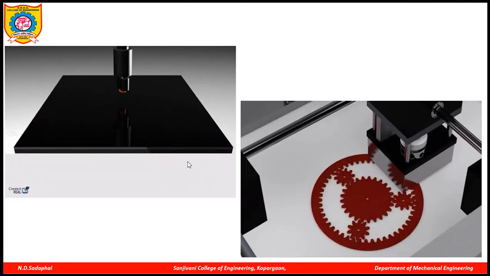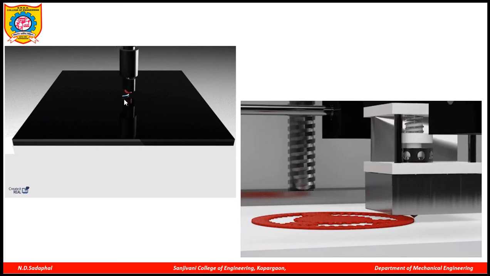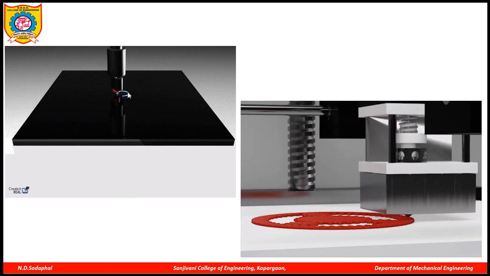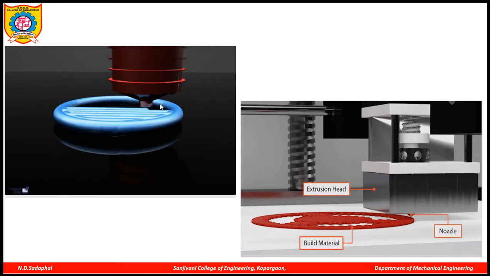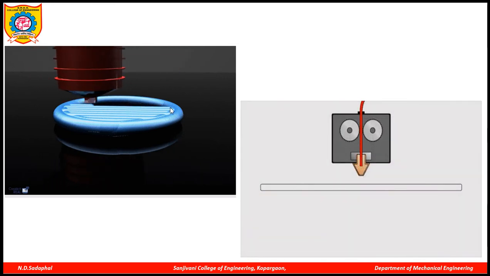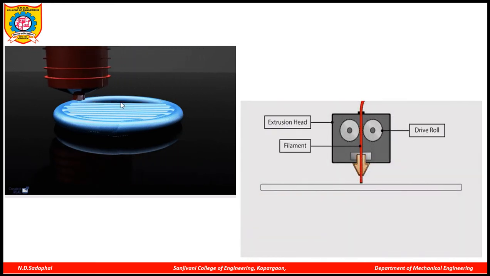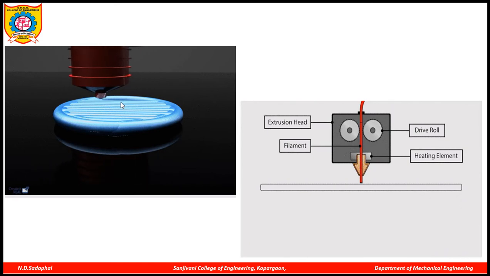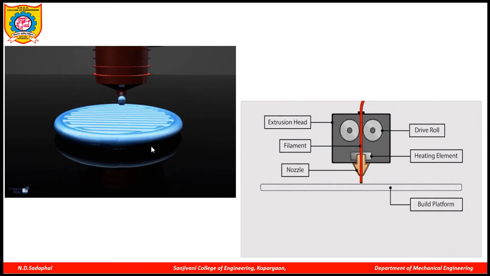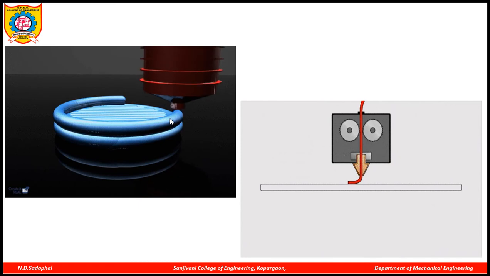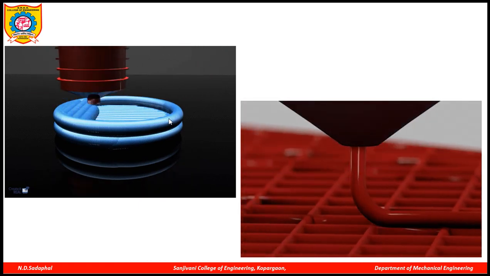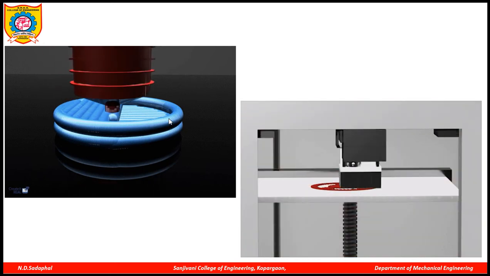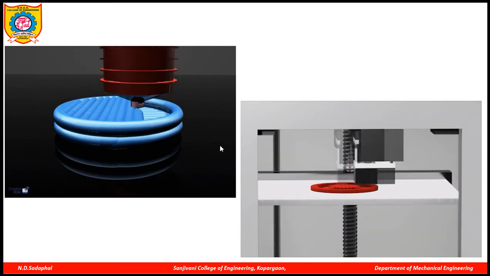So you can see here, this is a 3D printer. A metal is melted, and that melted layer is placed one upon the other. So this is the first layer which is placed. Now the second layer will be placed on the upper side. Second layer is placed now. Like that, as per the drawing, layers are put one upon each other, and the final object will be manufactured.